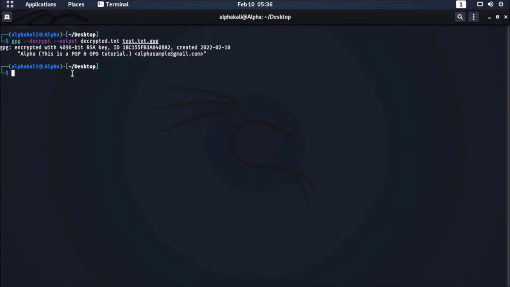That's all there is to it when you want to encrypt and decrypt files with GPG. But now let's check the files present in the directory once again. We print ls, and you can see there are two files, decrypted.txt,